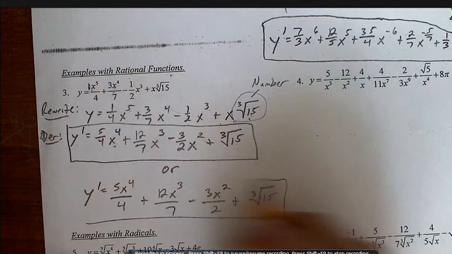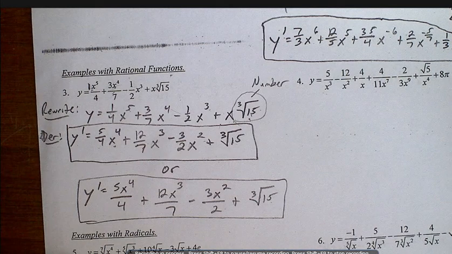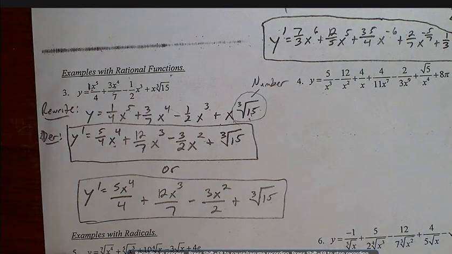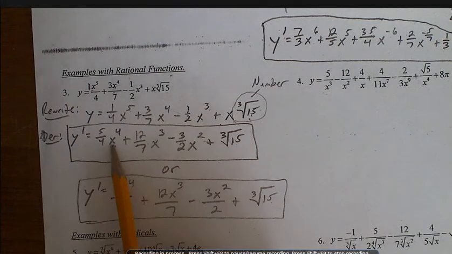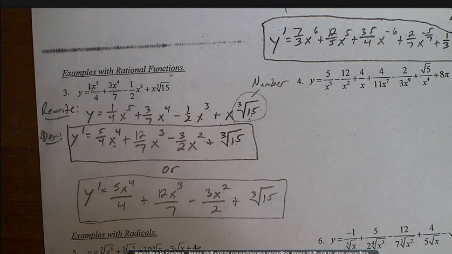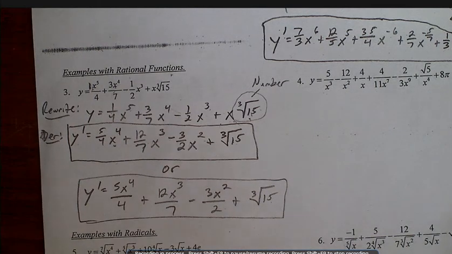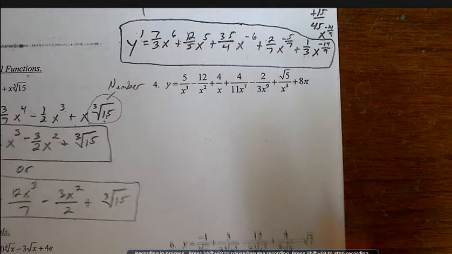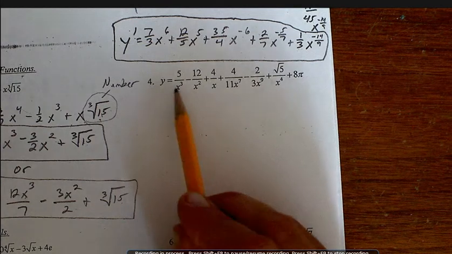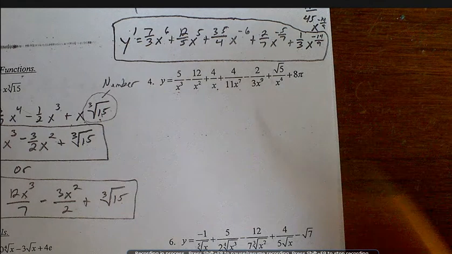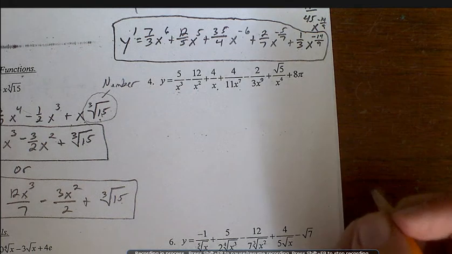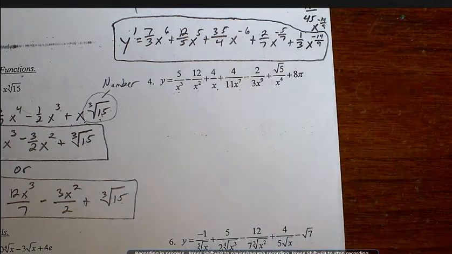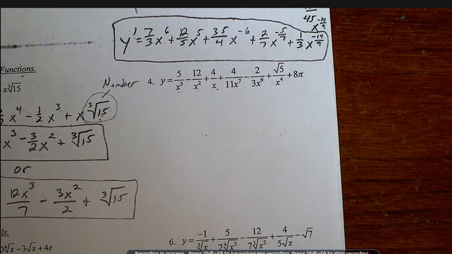Okay, number 4. Okay, now again, rational functions. This time I have x in my denominators. So I have a bunch of fractions. I will get rid of that because it's harder to take the derivative this way. It's a little bit more tedious, a little bit more work. But if I convert it to an exponential function, it's much simpler. So what I'm going to do is, to eliminate the fraction, each term in the denominator, I'm going to put it up top in the numerator and make it a negative exponent. So I'm going to rewrite this